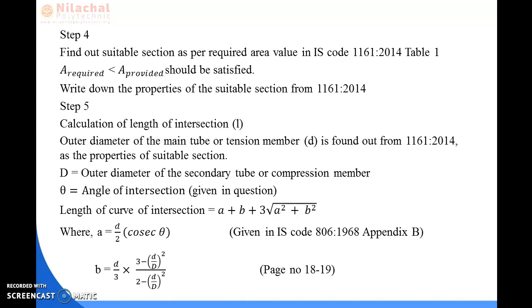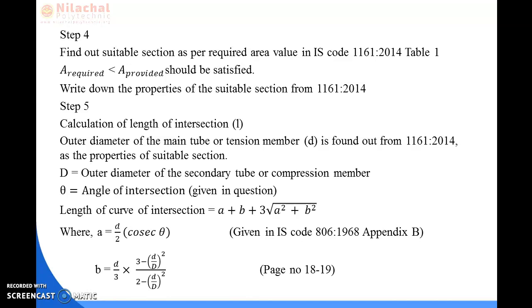Then capital D is the outer diameter of the secondary tube or compression member. Then theta is the angle of intersection, which is already given in the question. Hence, we can calculate the length of the curve of intersection by the formula which is already given in the code